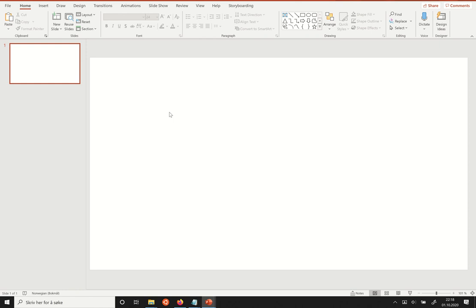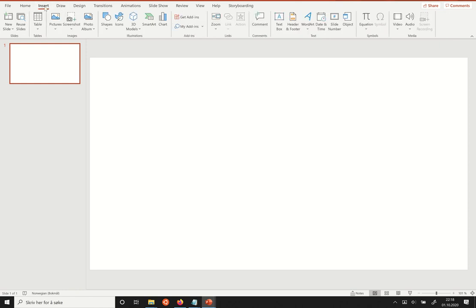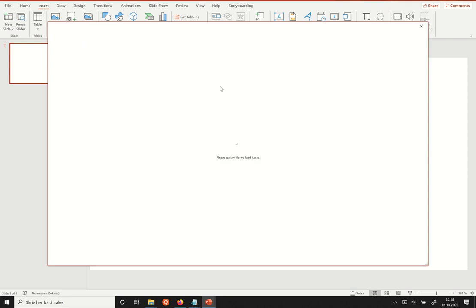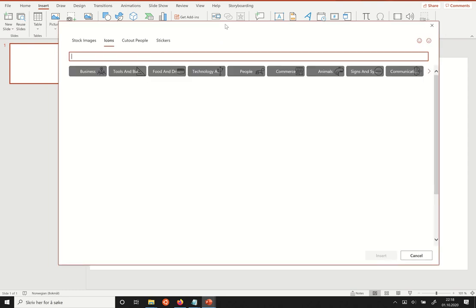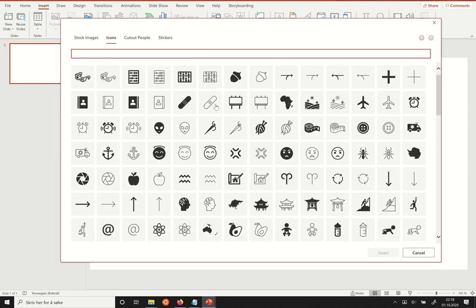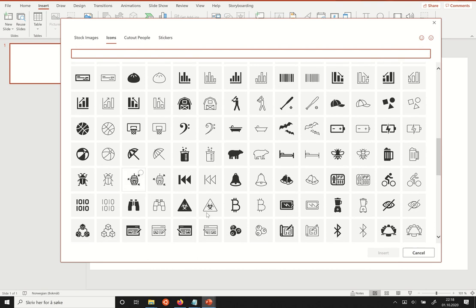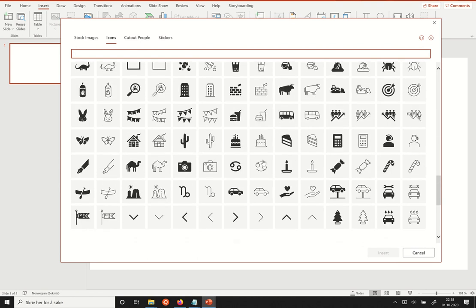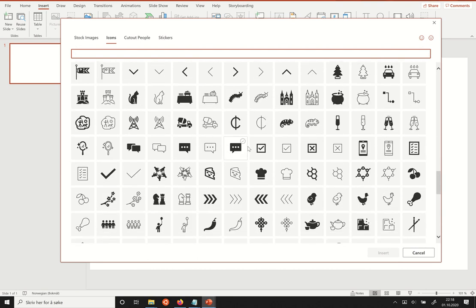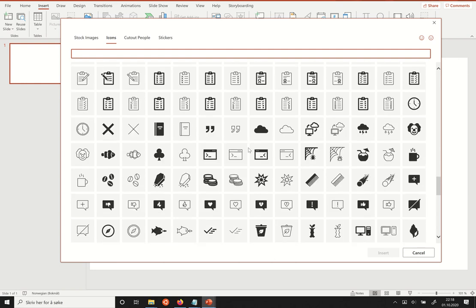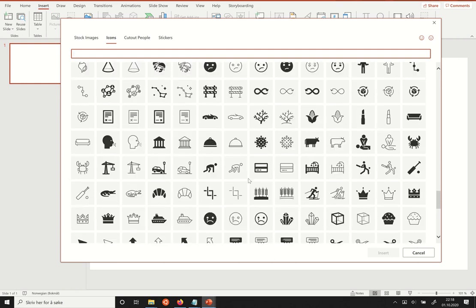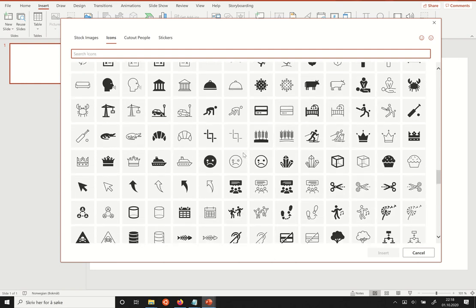So if you go to the insert field and you go to icons, there's a huge array of different figures, as you see here, that you can add, and you can combine them, and you can make something look fairly professional. So if we just start out,